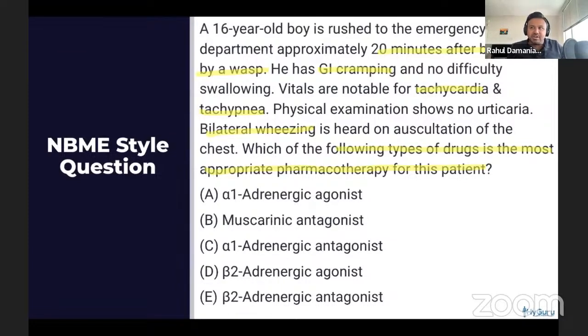What do you think is the best answer here? Excellent. If you are saying D, beta-2 adrenergic agonist, you're absolutely correct. So in this case, again, it is an acute tempo. And what you want to always note in USMLE questions is the trigger. In this case, the trigger is a wasp, and then the patient had multi-system involvement, GI cramping, as well as tachypnea and wheezing. This multi-system involvement is most likely due to allergic reaction, and in particular, anaphylaxis,